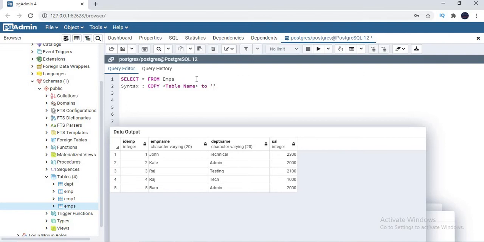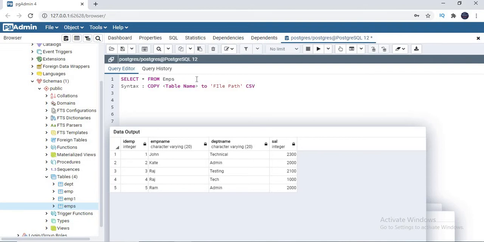You need to specify the CSV file path, including the file name. The file path is the complete path, including drive and folder, the entire path. And you need to specify CSV. This much is compulsory.